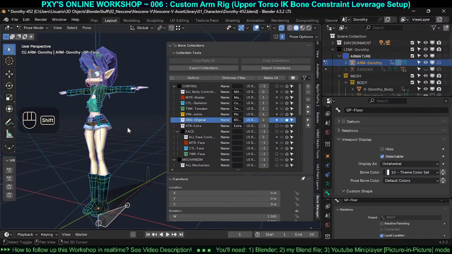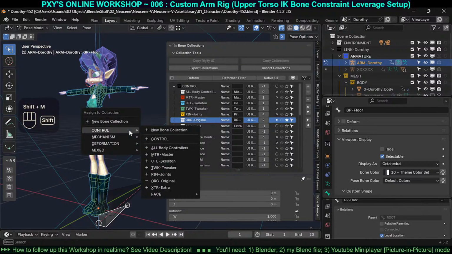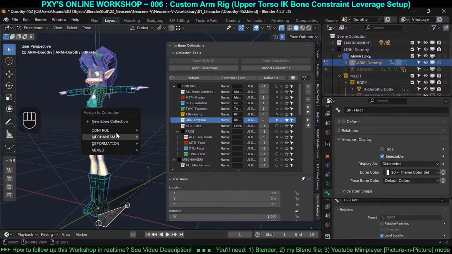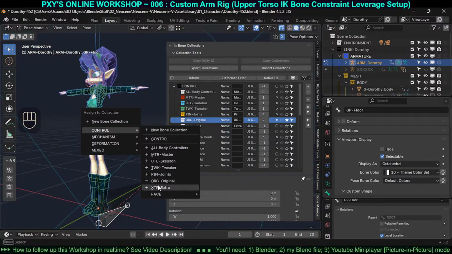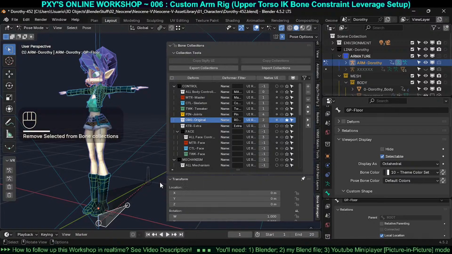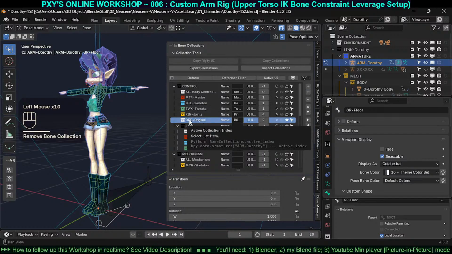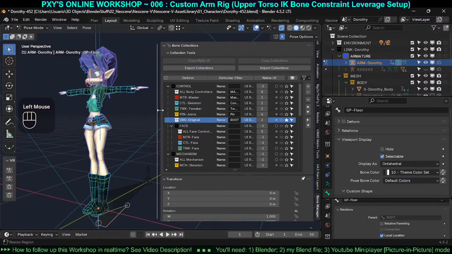So we need to move this actually to the deformation control, yes, yeah, they will stay here. So basically nothing changed here. We're just gonna call this, yeah, we don't need this thing. So you have an org original, but we'll call this,